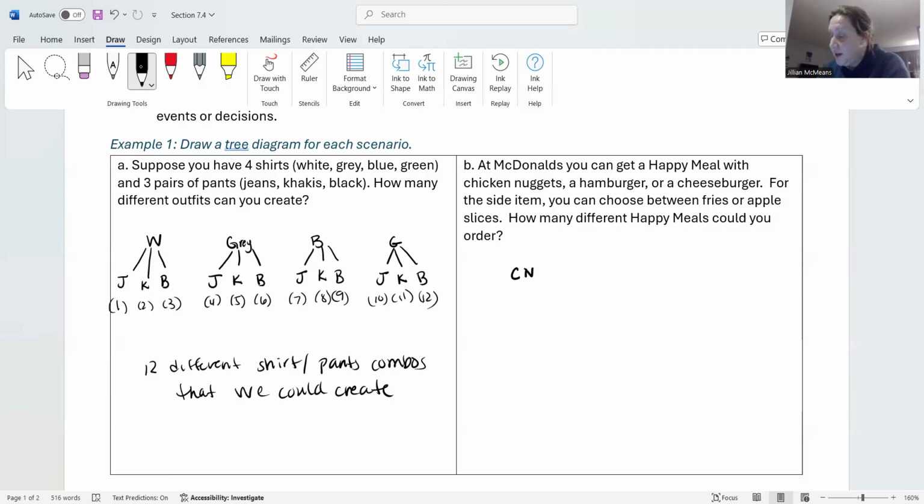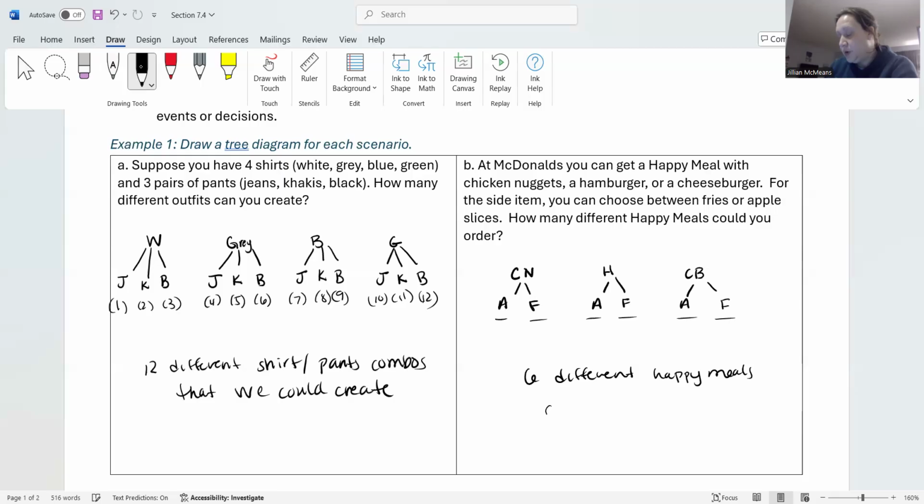Anyway, so we have chicken nuggets, just a regular hamburger, and then we have a cheeseburger. With the chicken nuggets, we could get apples or fries. With the hamburger, we could get apples or fries. With the cheeseburger, we could get apples or fries. So, how many different Happy Meals could we order? Well, one, two, three, four, five, six. So, 6 different Happy Meals could be ordered. But just for fun,